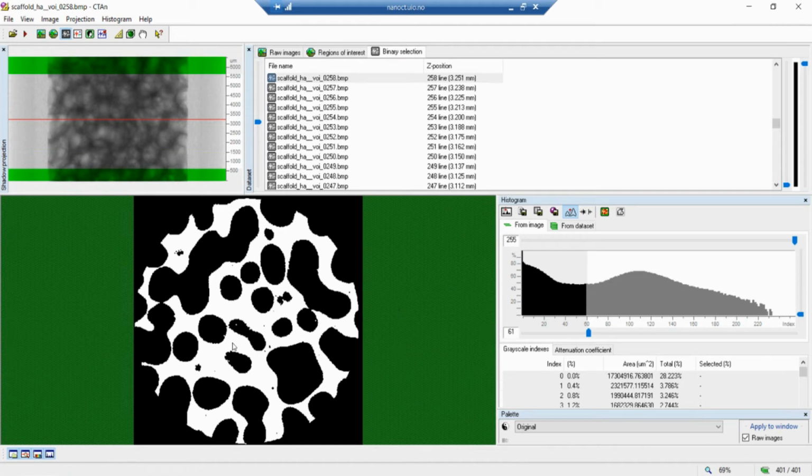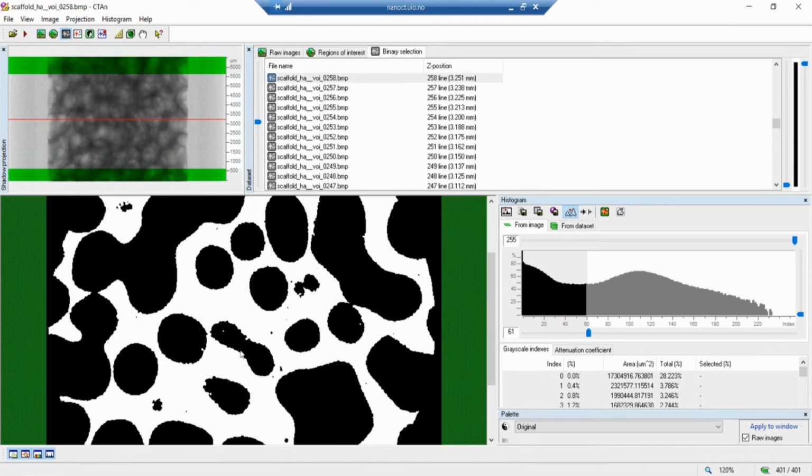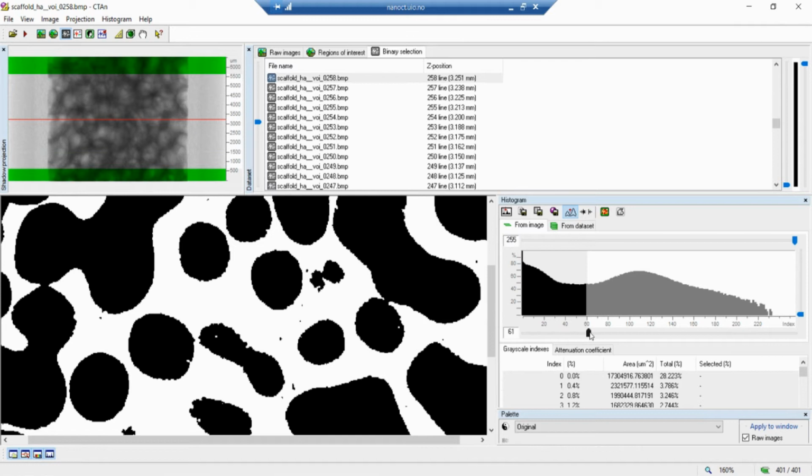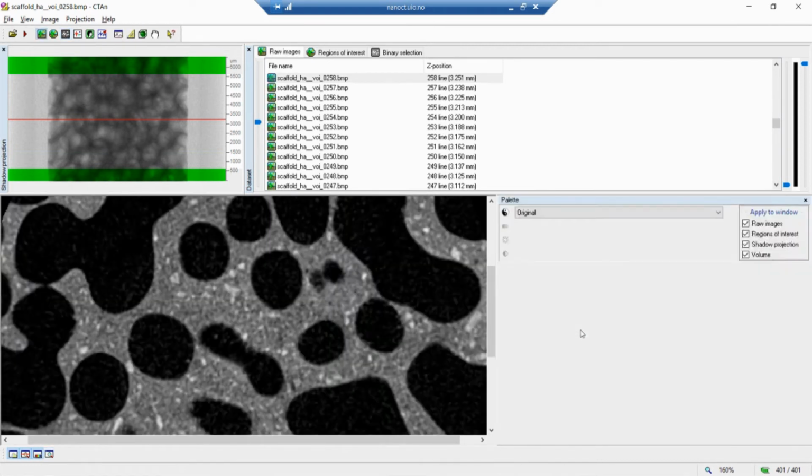This selection here is just to help you, because at first we can have an idea of the value we have to use, but most of the times we are going to use some filters before we apply the proper threshold. Here is just to have an idea. I have already worked with this, so I know that the value 66 is going to be the best one,